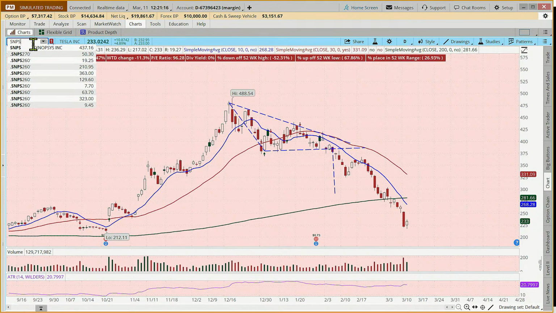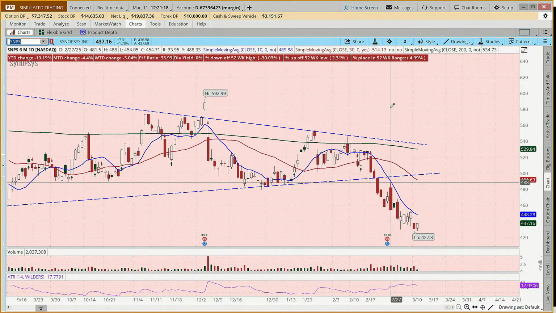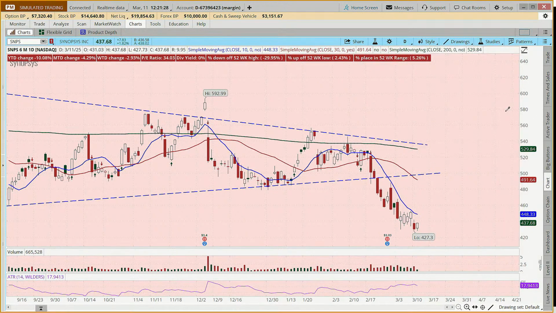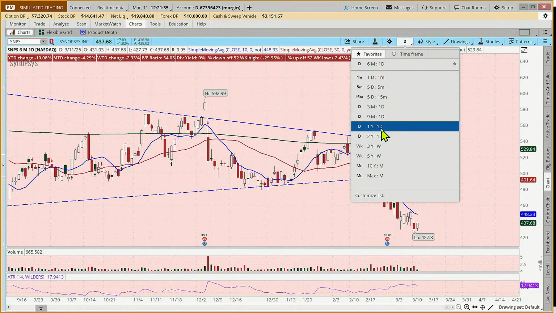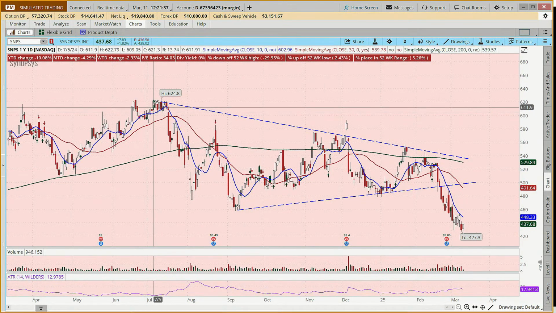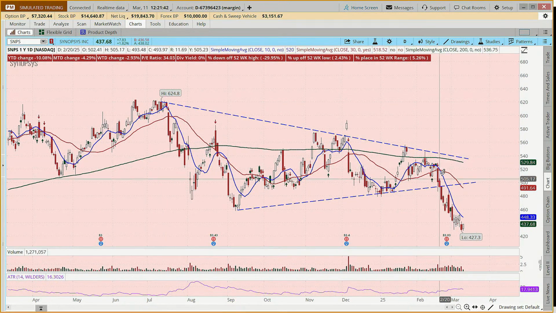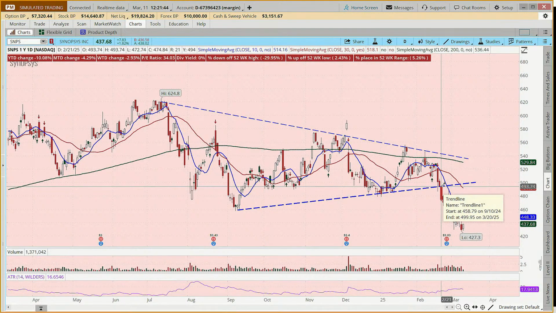How do you find the pencil to draw the line? Good question. Okay, so you come up to drawing tools here. And if we're doing a diagonal line, I choose this drawing here. And let's back this up to a 1-year chart. And so here, this is a much bigger pattern that started last July and it broke out of this pattern in February. So this took many months.